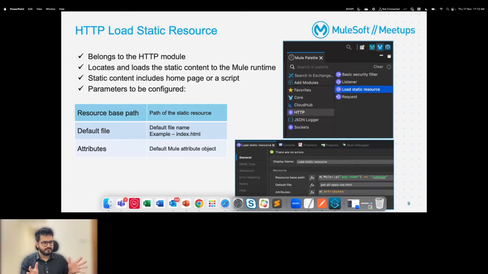So basically, the default file that we use, we load it so that at runtime we can find out where they are. So there are two fields for the default file. First is the resource base path. In the resource base path, this is basically the path where the files are kept. Now you can use your local